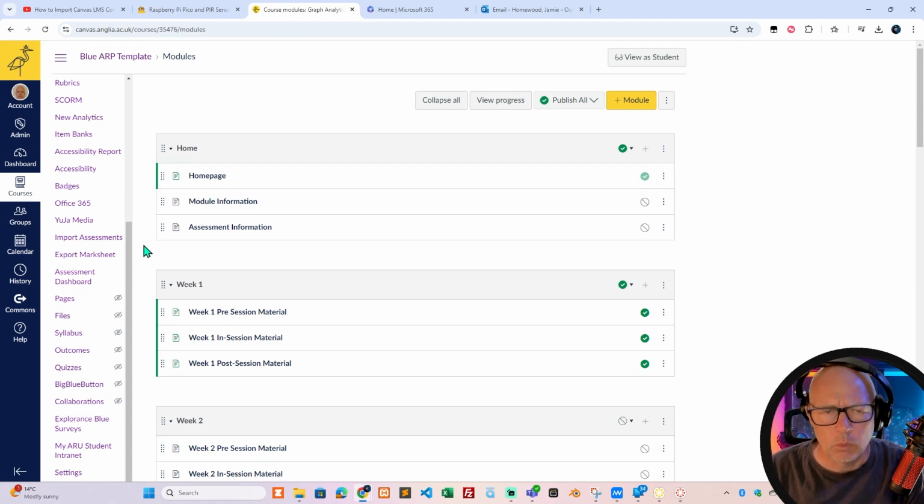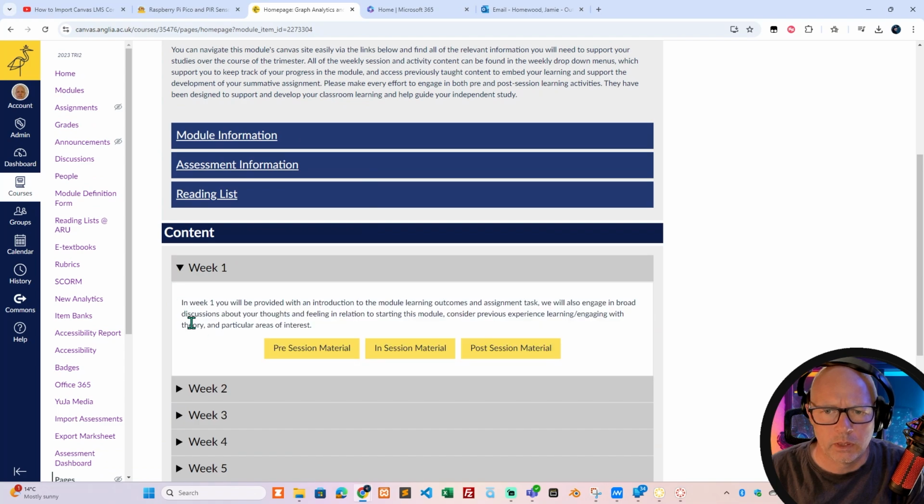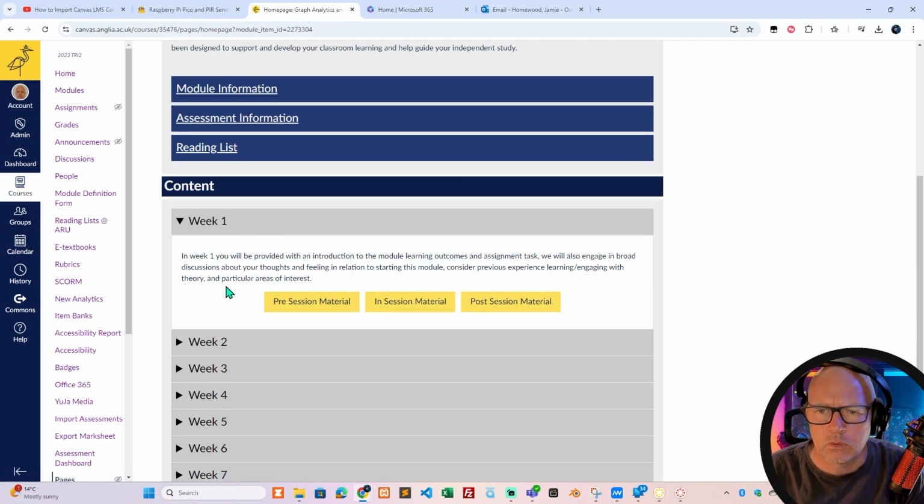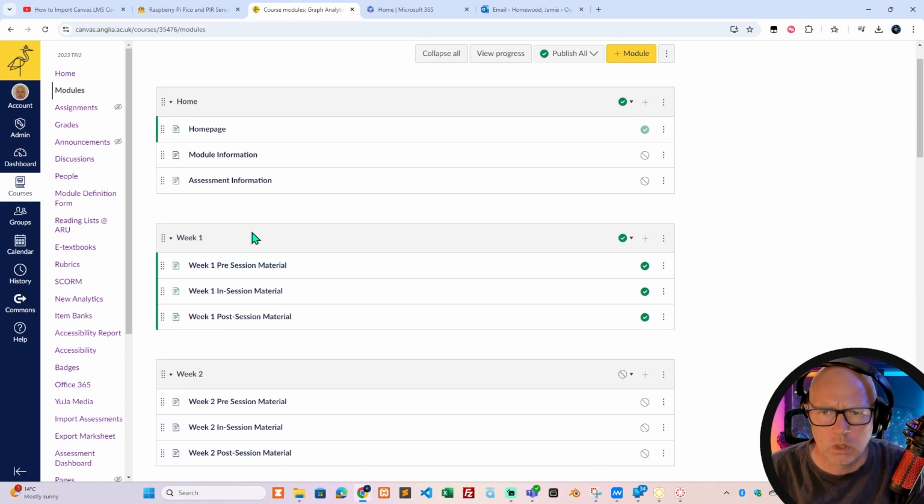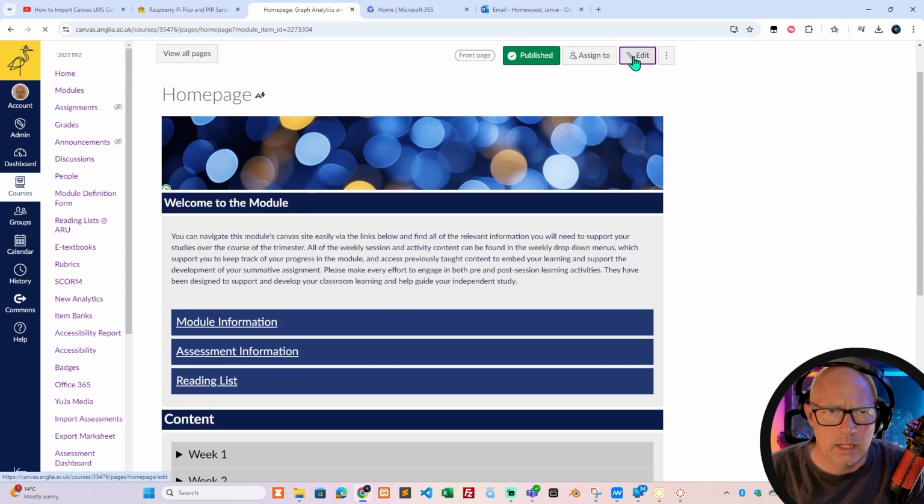Now, what you can also do within a page, and you'll see in this home page here, and we've gone through week 1, is that these 3 buttons that you see here are linked to pages. If I was to look at modules, I've got week 1, pre and post, right? So if I go to modules, I've got a week 1 pre and post. The links go to that, and that, not that. Now if I go back to the home page and I go to edit